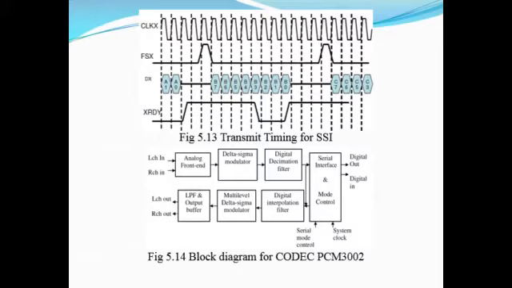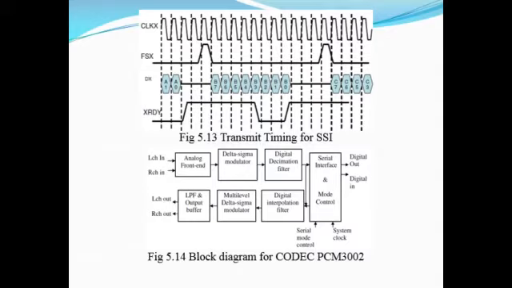Then coming to the block diagram of codec PCM 3002, we have the input in the form of an analog signal, which is fed to the analog front end. We can have two different channels, LCH, that is left channel, and RCH, that is right channel input. So we have two different inputs as channels specified here: one for left, one for right. Then we can see that there are